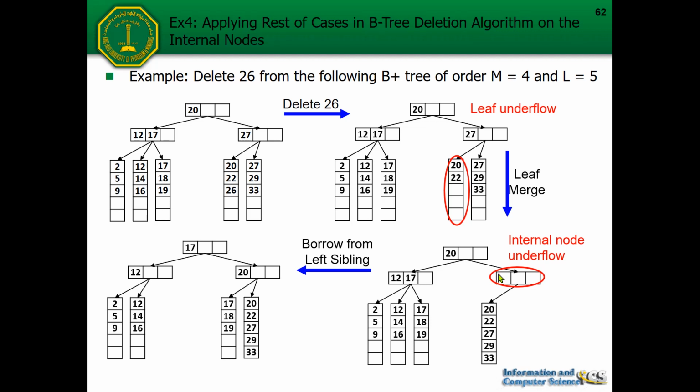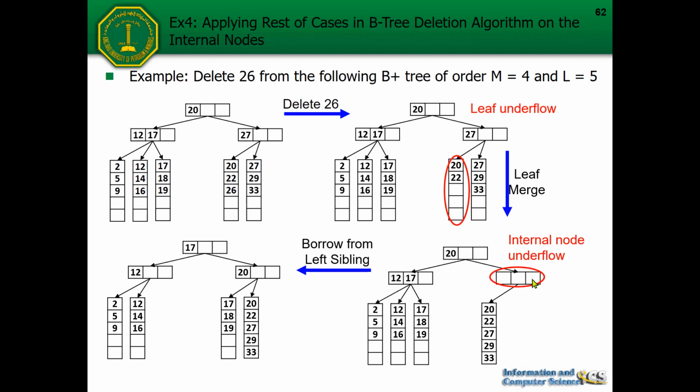So this will become a little bit complicated because we cannot have an internal node containing nothing. Now M is 4, so the internal node should contain a minimum number of keys of 4 divided by 2, which is 2. You do the ceiling operator, you get 2, you minus 1 and it becomes 1. So the minimum number of keys for the internal node should be 1. Now we have nothing, so this internal node becomes underflow.